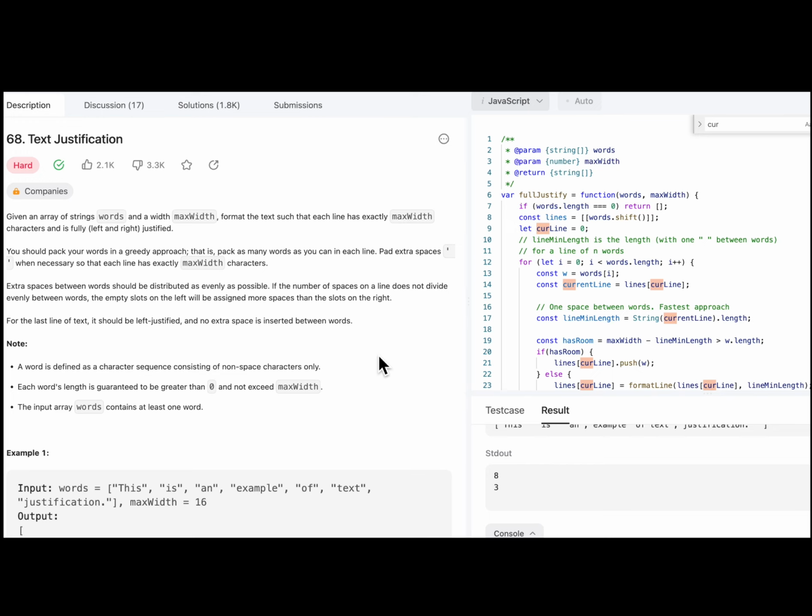Text justification in JavaScript. This is a hard problem. It's very tedious and messy, with little edge cases and things to watch out for. Given an array of strings, words, and a width, max width, format the text such that each line has exactly